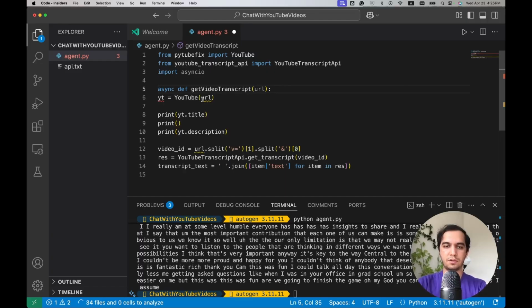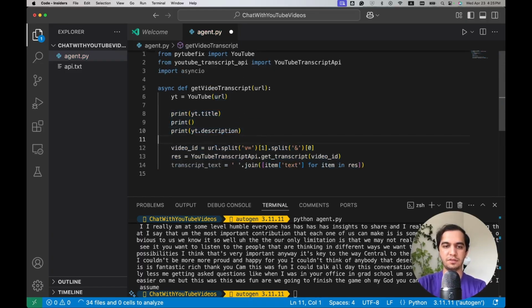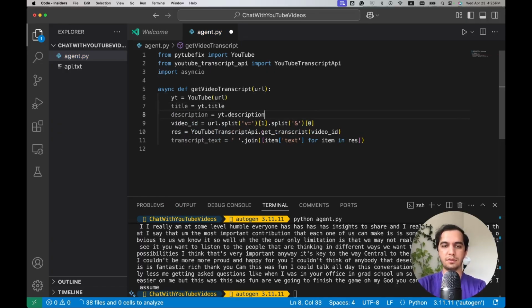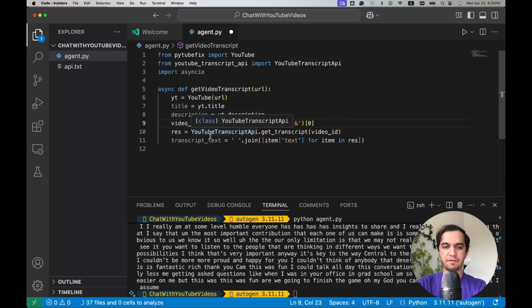So let me just move these into this function scope. And okay, we should have the title. Title will be yt.title, description will be yt.description,